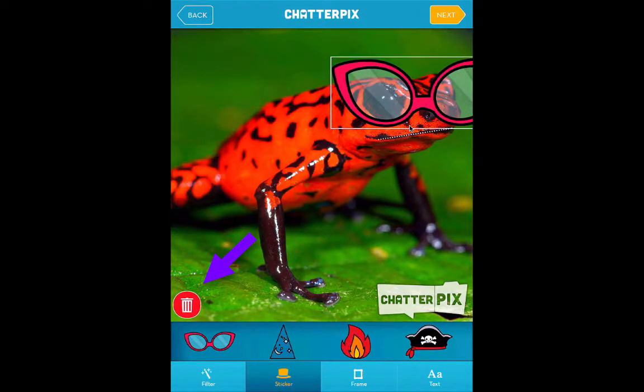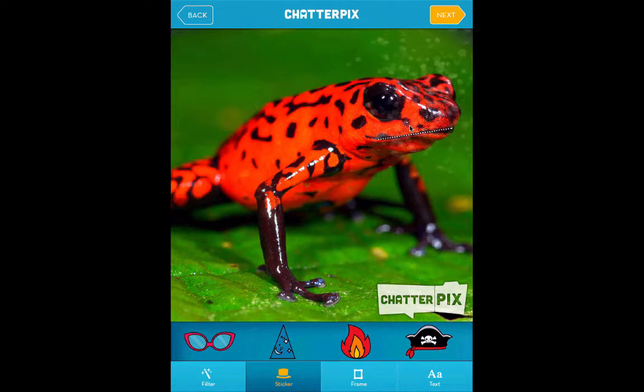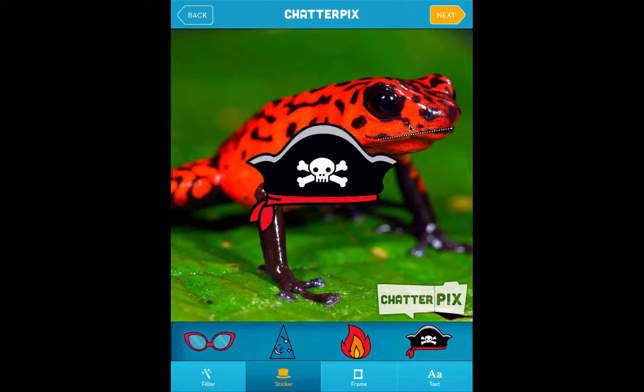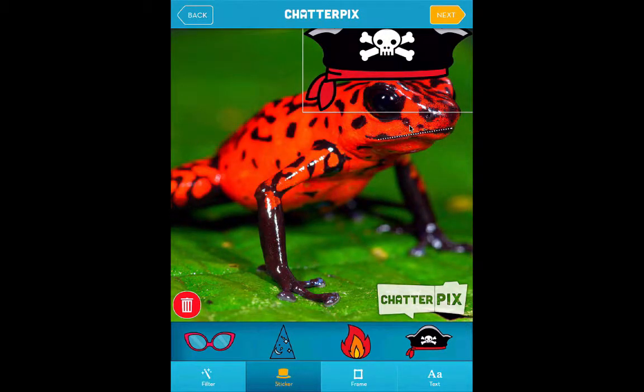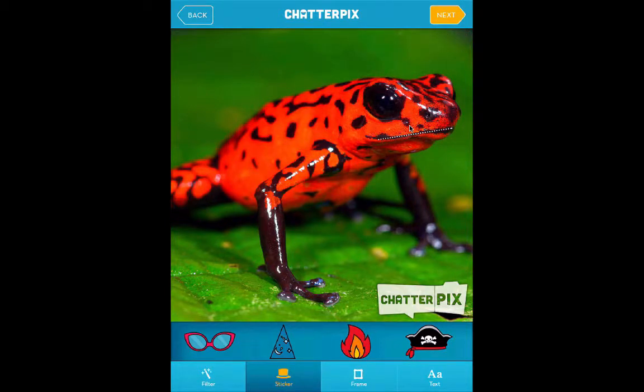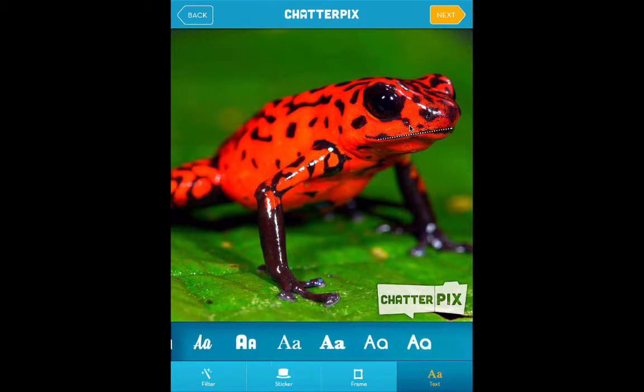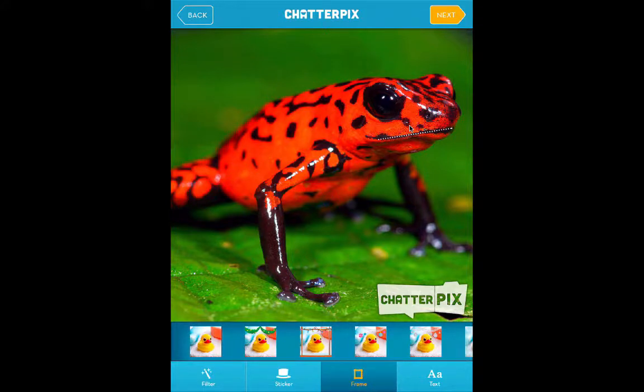If I ever want to delete that, I can just hit the red delete button. I can put a little pirate hat on them. All kinds of stuff. It's really fun. The kids are going to have a good time. You can add text. You can make a frame around it. Whatever you want to do. It really helps the students make the picture unique. When you're satisfied with that, then you hit the next button again,